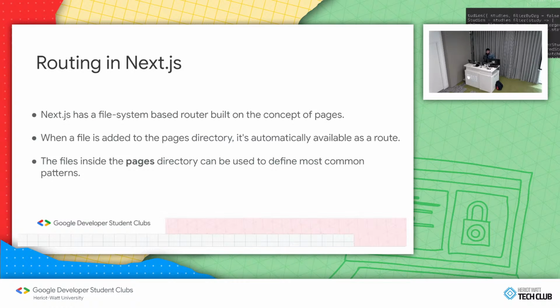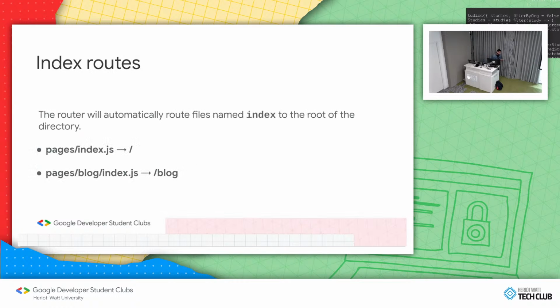Now, index routes, what index routes are. We have seen the first example in our previous coding session. Whatever we wrote in the /index.js page is basically the main page, the root of your project, and it gets rendered out at slash. Slash is basically just the default entry point of any website. So when you go on google.com or any other website, by default, whatever is rendered is called the index